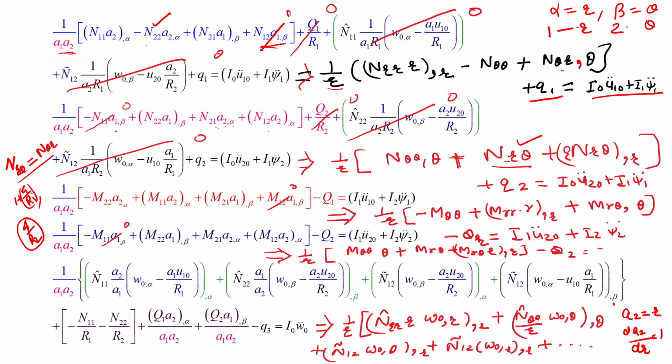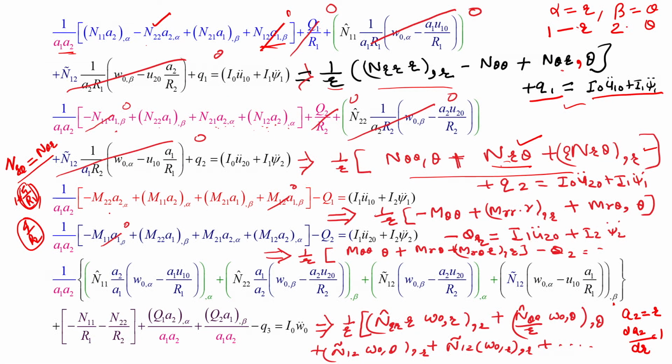So, here R1 and R2 are infinity, so they will not create a difference. So, n r theta or n theta r are same for the case of a circular plate. So, we can write n r theta. Next, n r theta A2 comma alpha. So, A2 is R and the derivative with respect to R. If you want to verify, you can look at any plate and shell book in which the circular plate is discussed, and you will find that the first equation will look like this and the second equation will look like this. Now, come to the third equation.